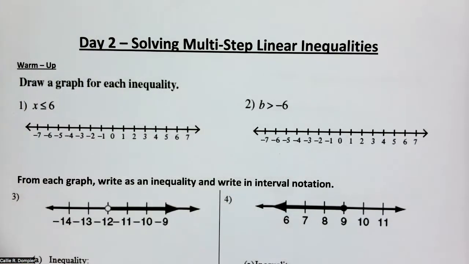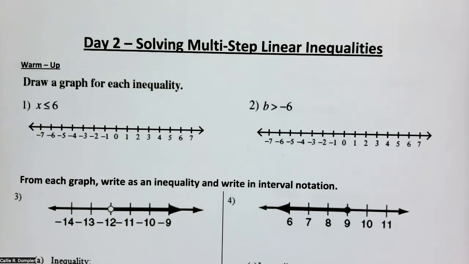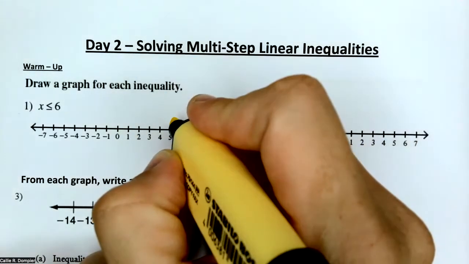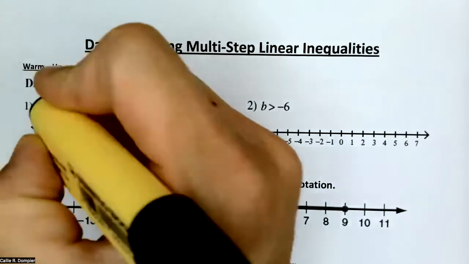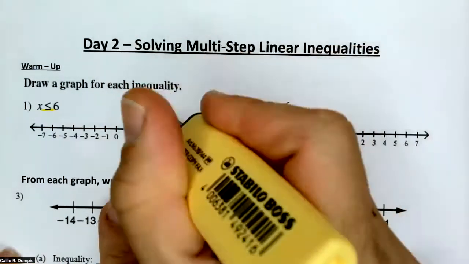So we're first going to review, draw a graph for each inequality. This one says x is less than or equal to 6. So find 6 on our number line. Less than or equal to, that equal to sign means it's a bracket. And it's going to be going in the